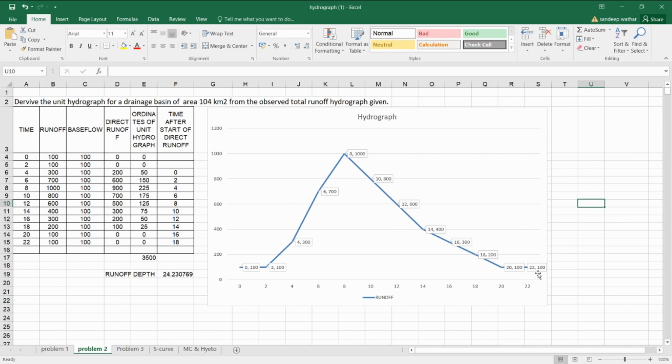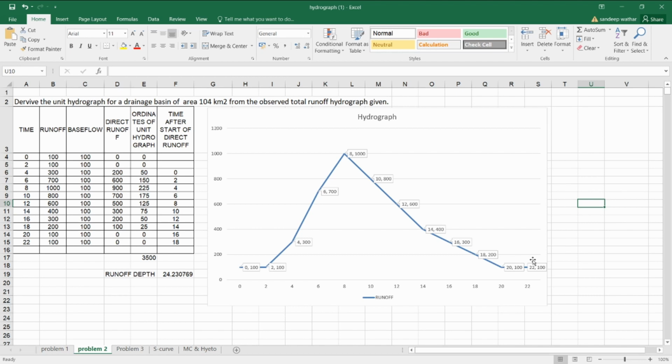So it means that before the rainfall the discharge in the river was 100 itself. After the end of the rainfall, after the end of the peak and after the recession limb, again the discharge in the river has become 100. So it basically means that the contribution of the groundwater to the river is 100. I'll consider that this is supposed to be my base flow.